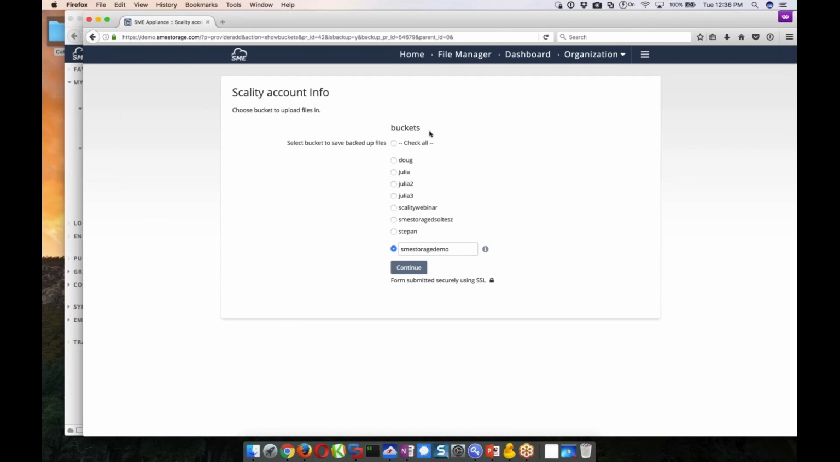And I don't want to save that. And so now we've gone out, we've connected to Scality, and I can already see that there are a number of buckets out there. In fact, the one that we've been using for this webinar right here is Scality Webinar. But what I want to do is create a new bucket. And so I'm going to create a new bucket called